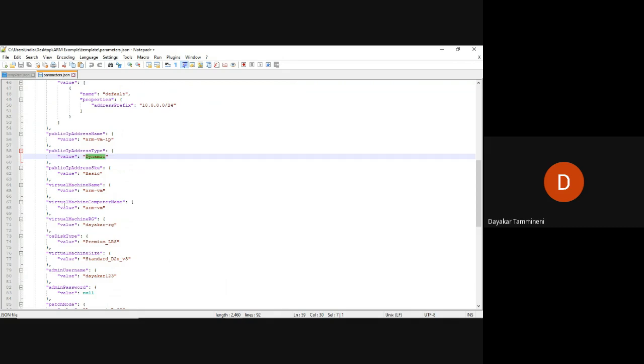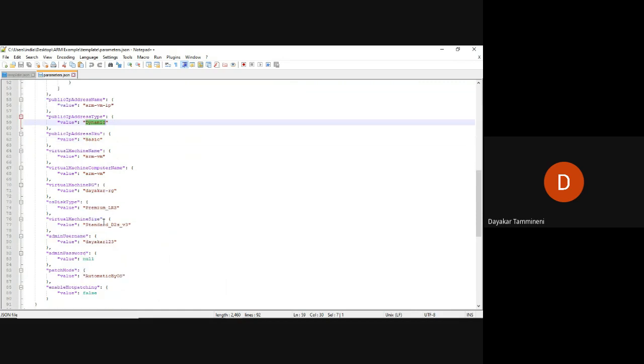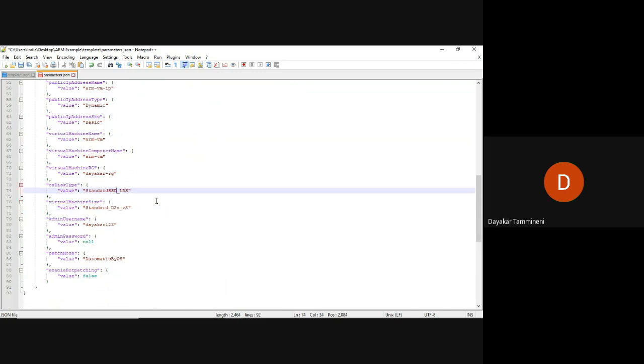Similarly, virtual machine RG, Dayakar RG, which I have created. Similarly, OS disk type, instead of premium SSD, I can use standard SSD, something like that. Similarly, admin username, Dayakar123. Admin password, it is showing null, even though I have given admin password, isn't it?